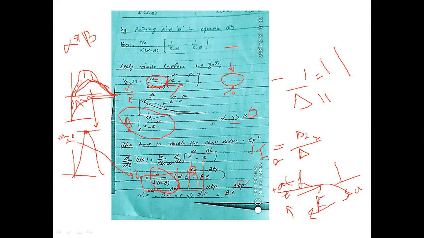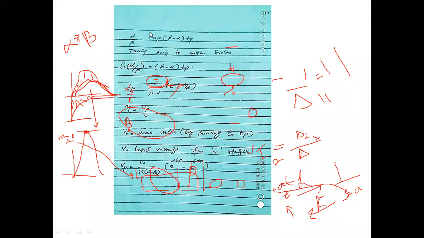Okay, now here we have two t variables. So to make it single, we have to shift it by cross multiplication. Alpha by beta is equal to e raised to power. When the bases are the same, their powers will be added. Okay, so according to this rule, e raised to power beta minus alpha into t. Now taking the log on both sides, ln of alpha over beta is equal to ln of this exponential. Ln of exponential will be equal to 1, so beta minus alpha into tp.